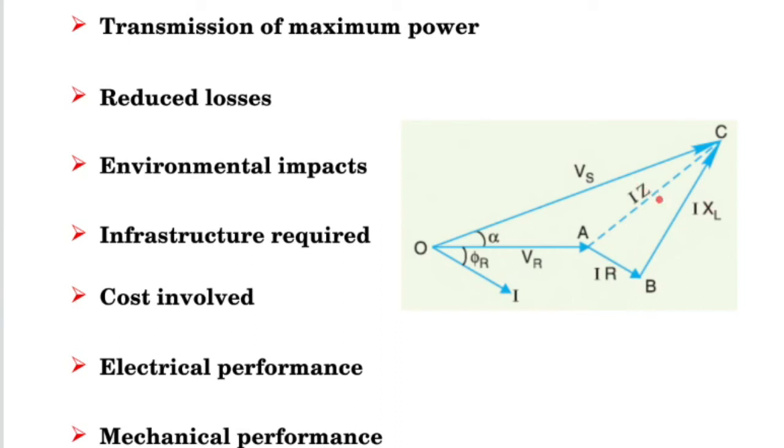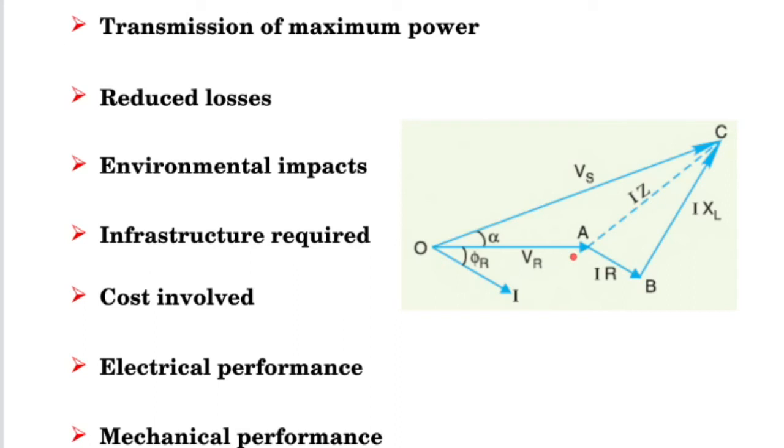R and XL will give us Z, the impedance, and we get the IZ drop, the voltage drop due to the impedance of the transmission line. So if we subtract the impedance drop from the sending end voltage, we get the receiving end voltage, meaning the receiving end voltage is going to be less than the sending end voltage, but